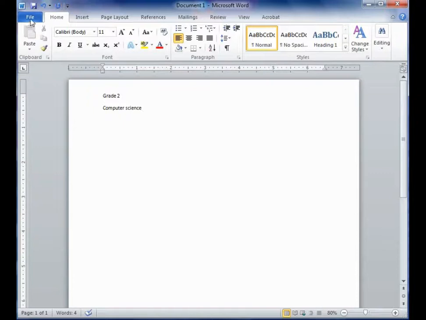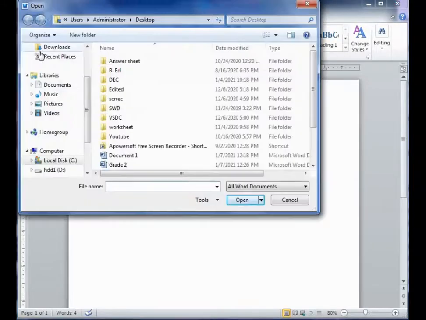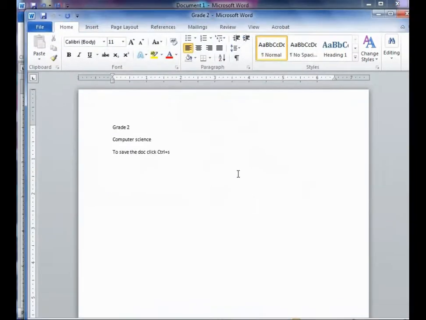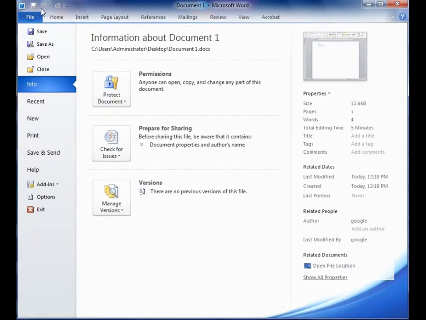If you want to open the grade 2 document again, you have to click on the file menu and click open. Clear? Yes, here it is. Once you click on this and click open, it will appear on the screen again. And also you can open it from the recent documents.